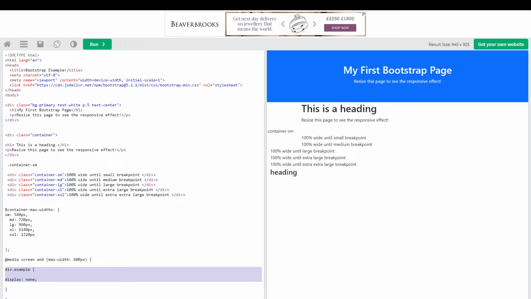So you can use media queries to change the font size. You can use it to hide elements as well. That's a really common use of it. And a really common use of media queries is to create a flexible layout. So for example,